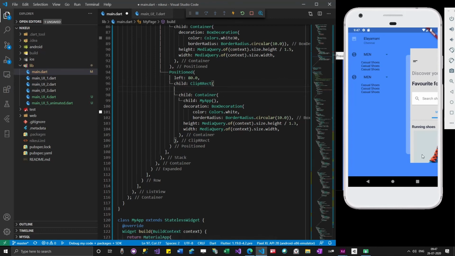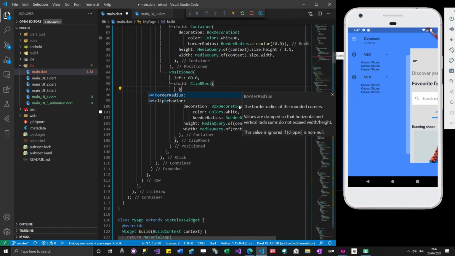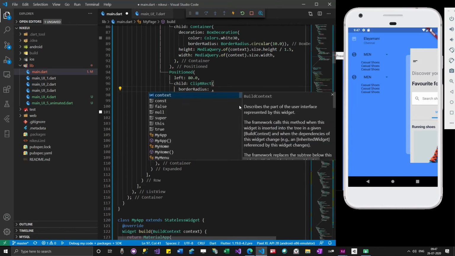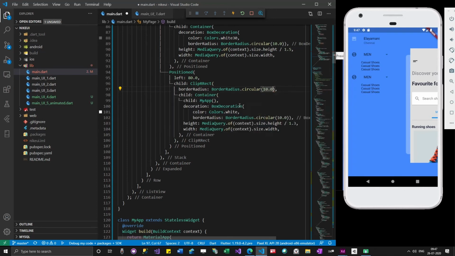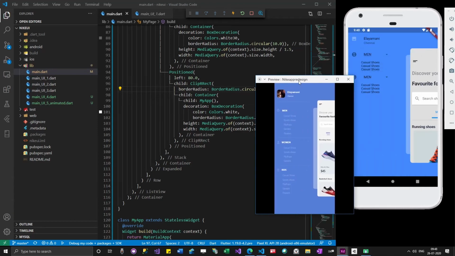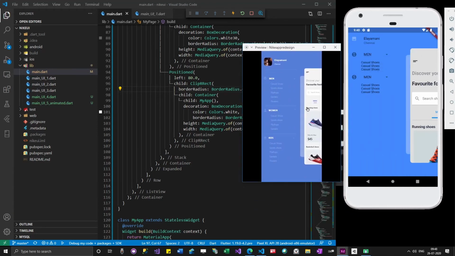There might be other ways of fixing this, but this is what I have done. And then you could see that the border has started appearing now. So now the UI almost looks similar, except for the styles.